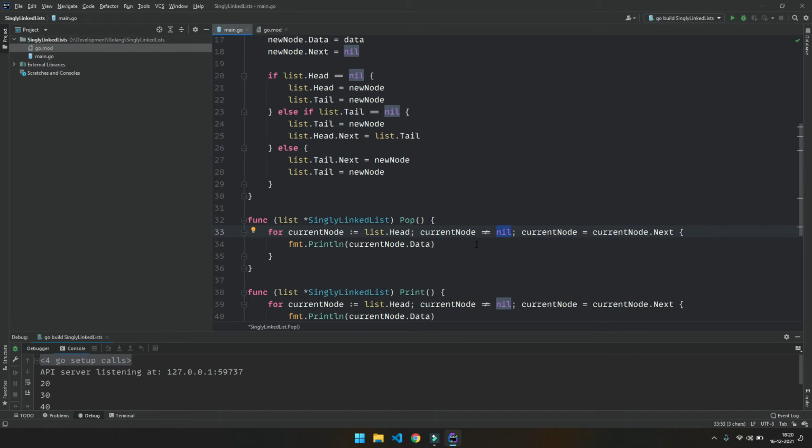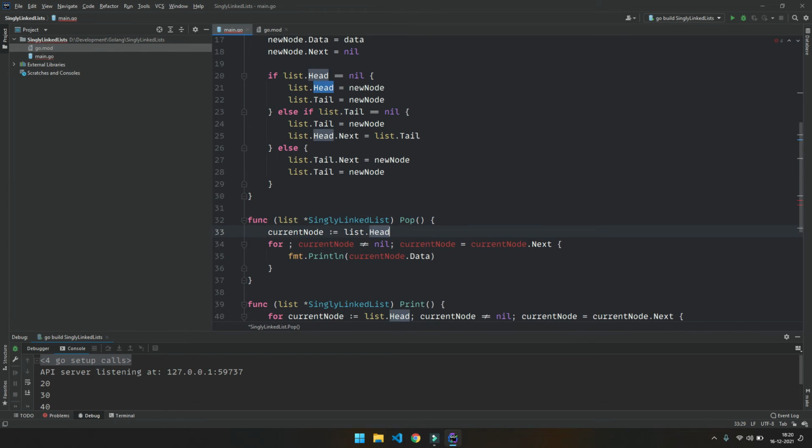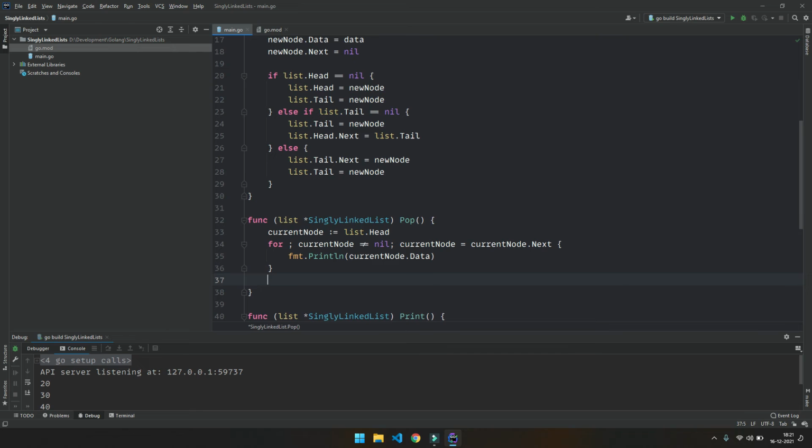But this time we are gonna run until the current node, I think we need to extract this current node variable, because we are gonna need this current node variable outside our for loop. So there we go.